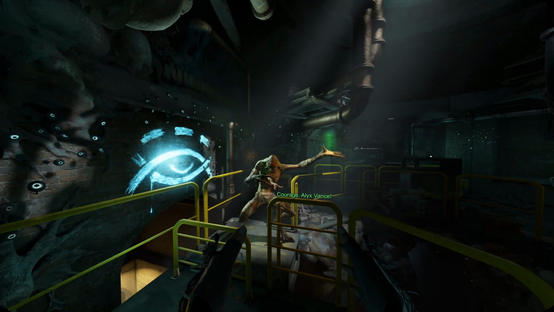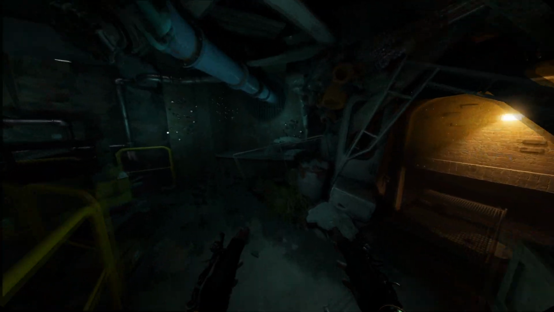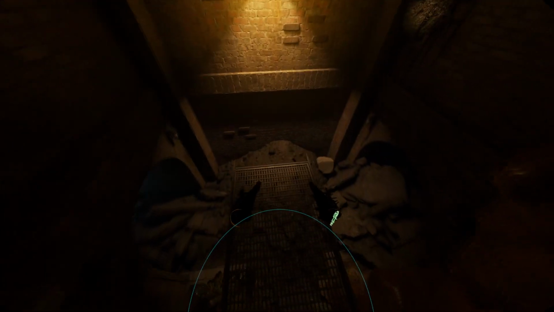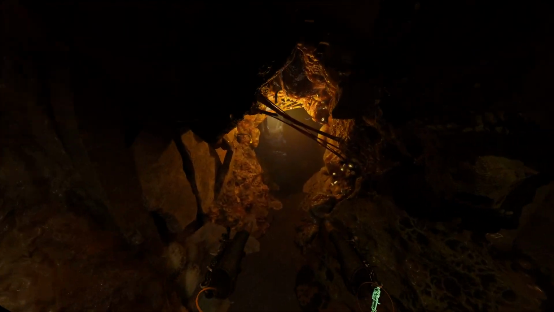Courage, Alyx Vance. I guess that's Vortigaunt for go on. Go this way. That's what you're supposed to do. So we just go down here. And then if we go down this way...